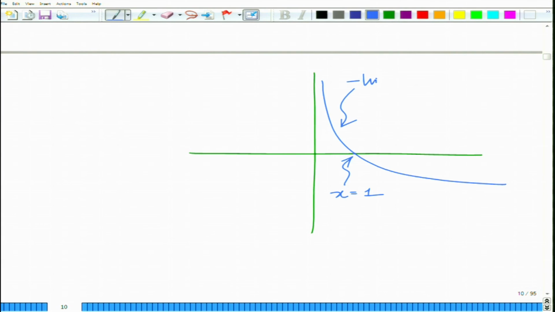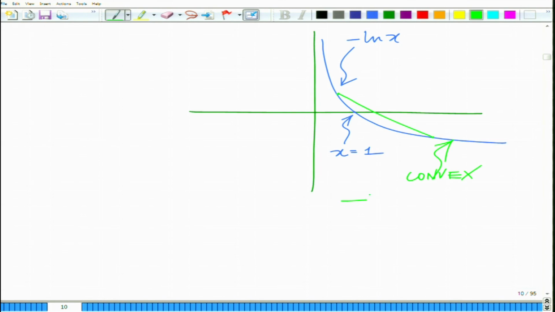So, this is minus of the natural logarithm of x, the chord lies above the function. So, this is convex, correct. So, minus natural logarithm is convex, and this implies that the natural logarithm of x is a concave function. Okay, that is technically the correct way to demonstrate